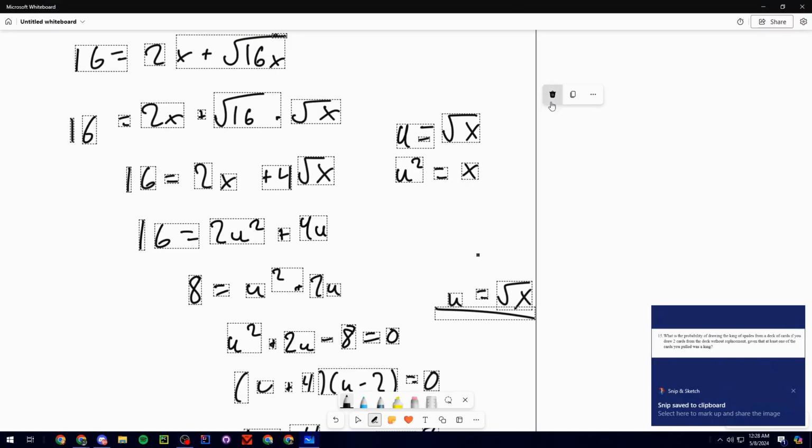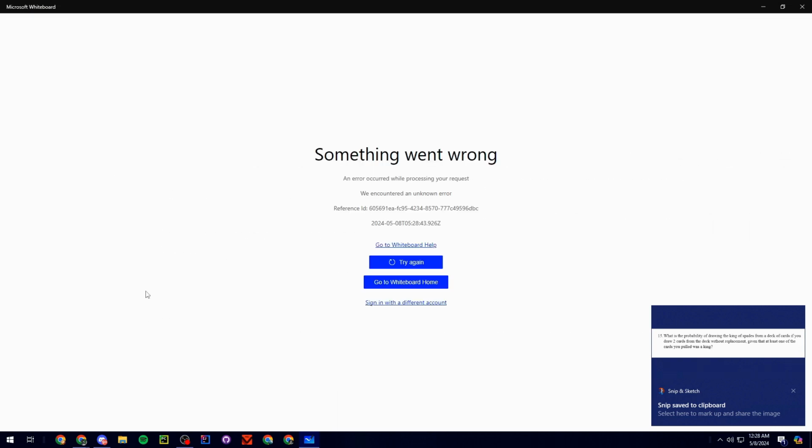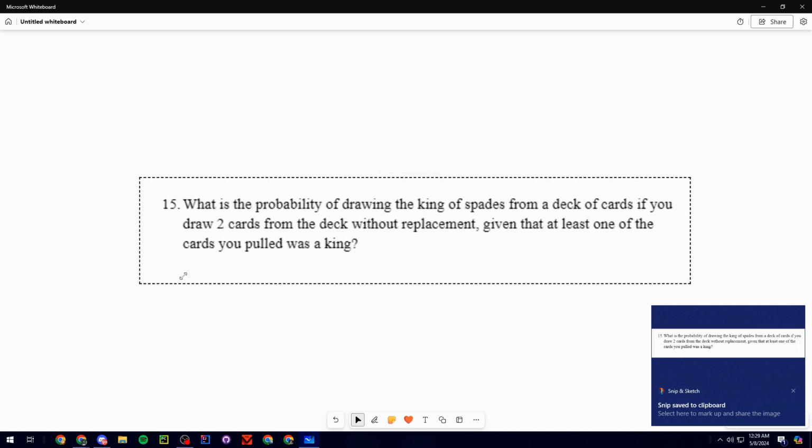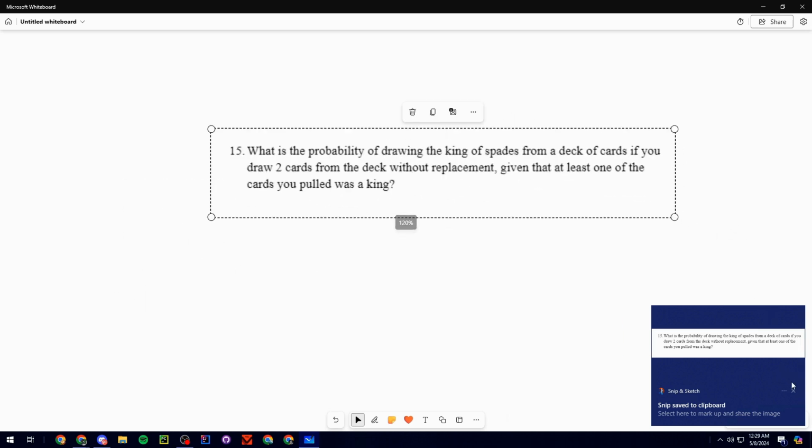This one's just another nice probability one, and this one you just have to kind of, oh, not again. Okay, I'm gonna pause it real quick while I fix this. Okay, it should be fixed now. Yeah, I was able to paste it just fine. Alright, so,